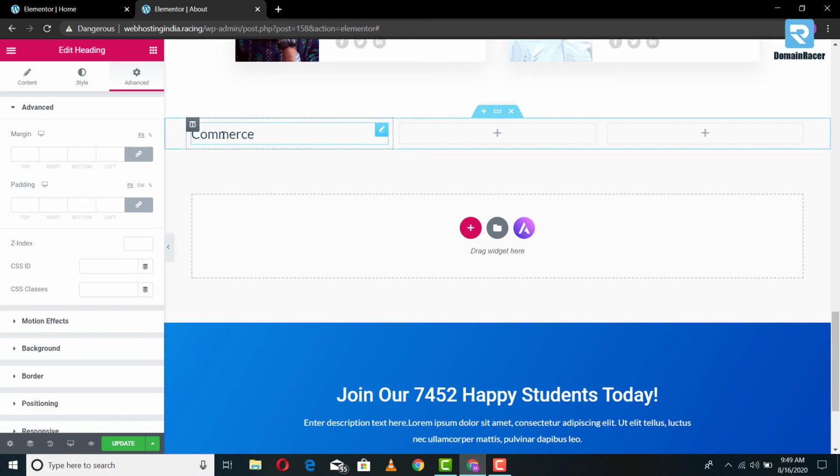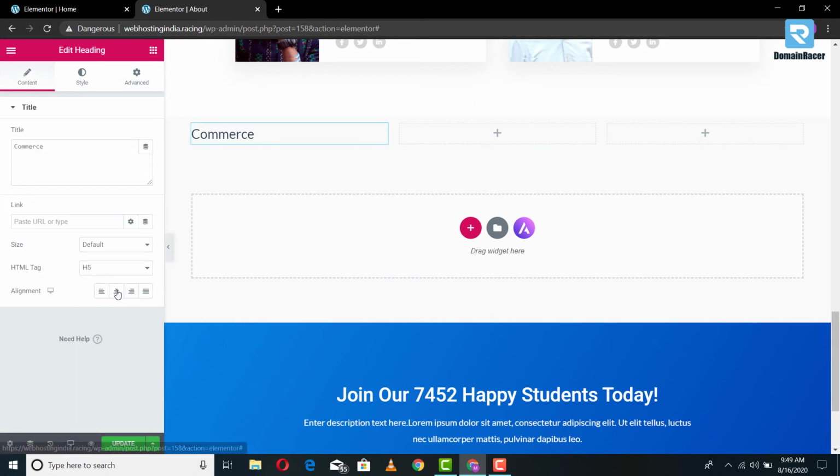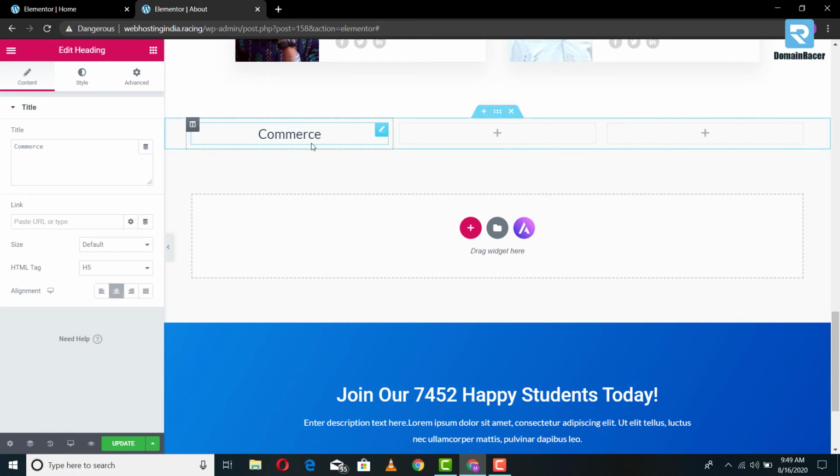Then we'll go to advanced and then we'll make sure that it appears in the middle of this section. So for that, just click here and it should be in the center. After this, let us add more information. Now you should be sure about what your university provides, how much you charge for what. For example, you can provide tuition fees, library fees, facility fees, all these by just clicking here and then typing it out. Once you type out all this section, just click on update and you will be uploading your fee structure here.